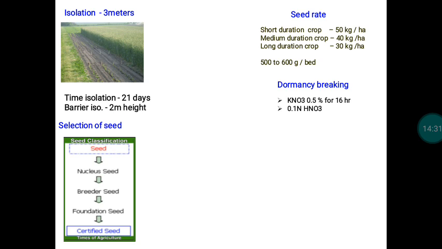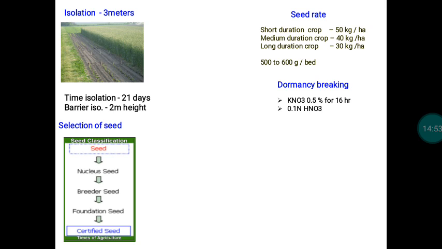In the case of short duration, the spacing that we are going to follow at the time of transplanting is low when compared to long duration. So in the case of short duration, we will accommodate more plants. Because of that, we have to use more quantity of seeds when compared to long duration and medium duration. And then